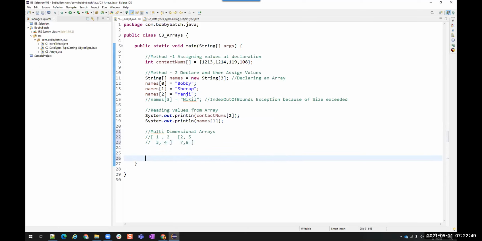3 things. Okay. To declare multi-dimensional arrays, the number of braces depends on the number of dimensions. For a single dimensional array, how many braces did we add? Only one, right? We added only one square brace.